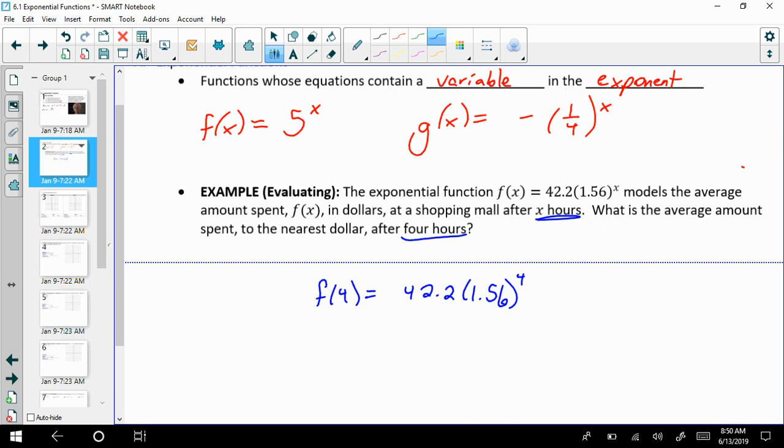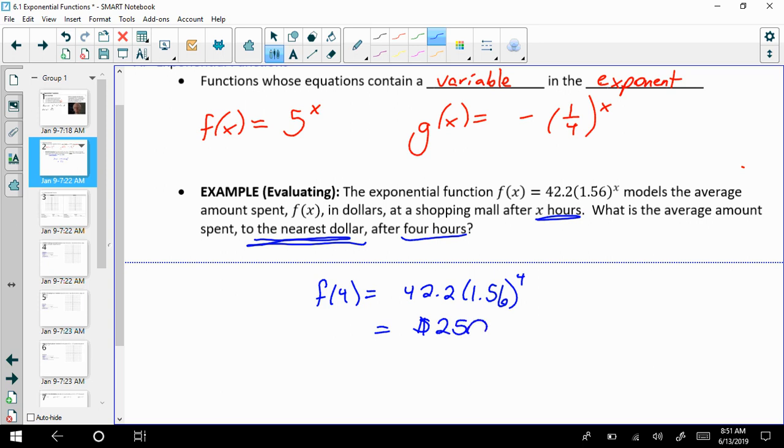So this is something I would want you to try in the calculator. You should be able to enter this whole entire thing at once. If you want to do it in pieces, then I would do 1.56 raised to the fourth and then times 42.2. What we should get, and we're going to round to the nearest dollar, so the whole number,